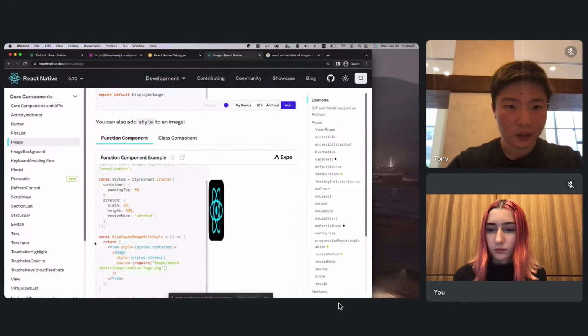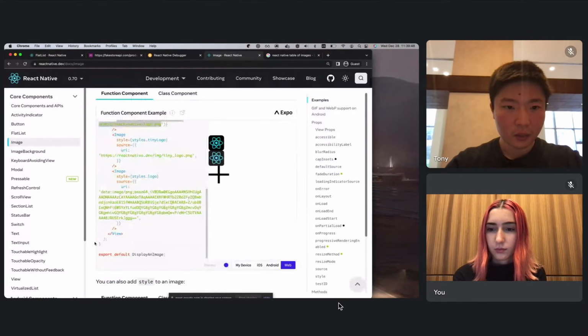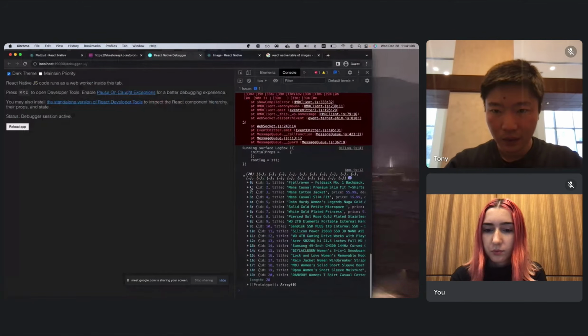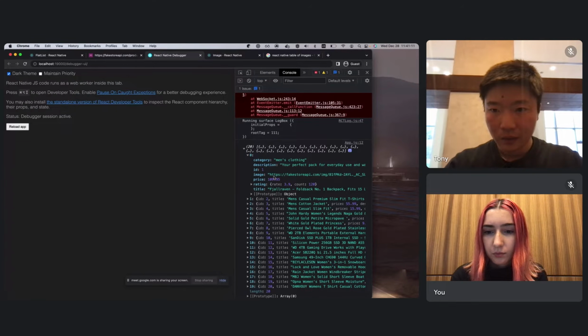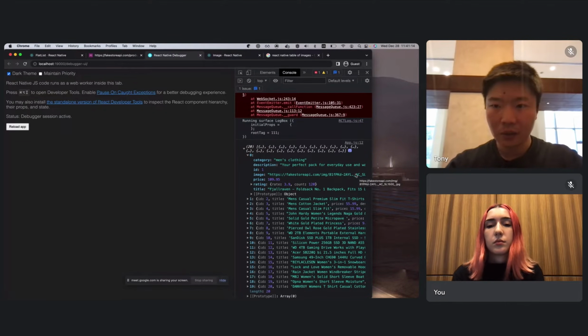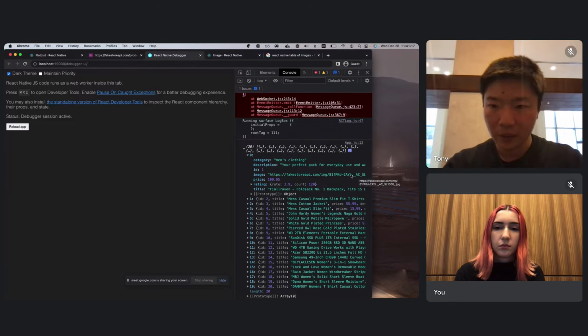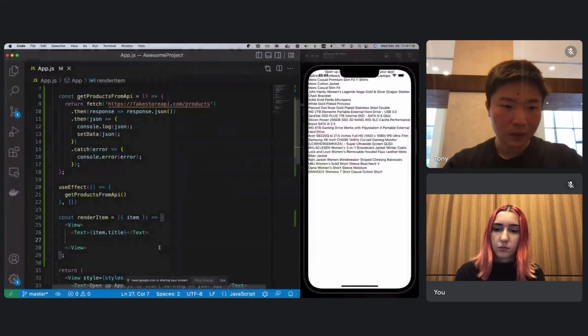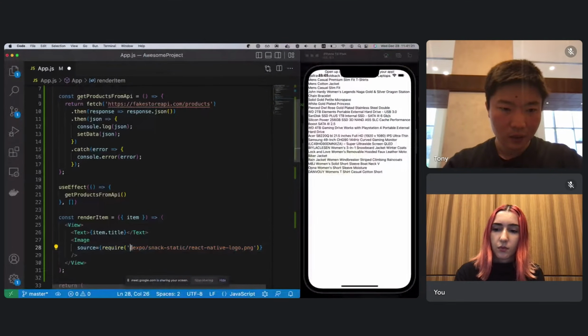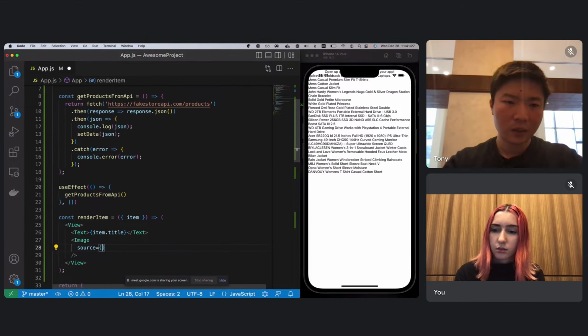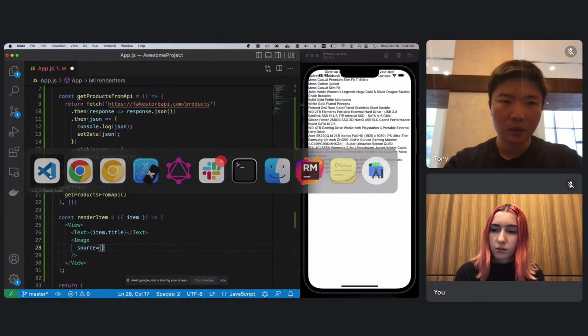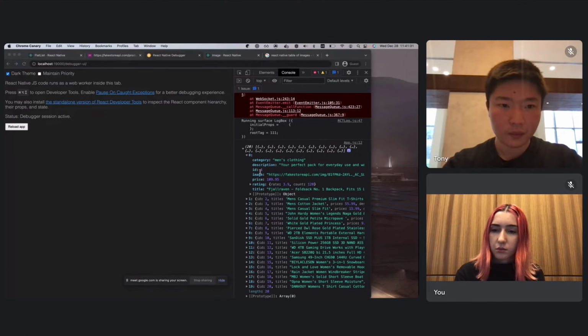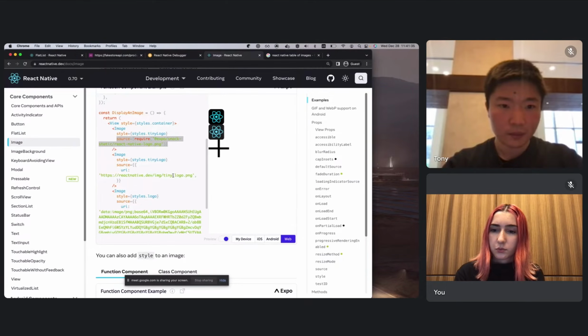What we want is an image that fetches from an endpoint. These are just endpoints to JPEGs. So here we can change this instead of require to URI. Yeah, just copy this.